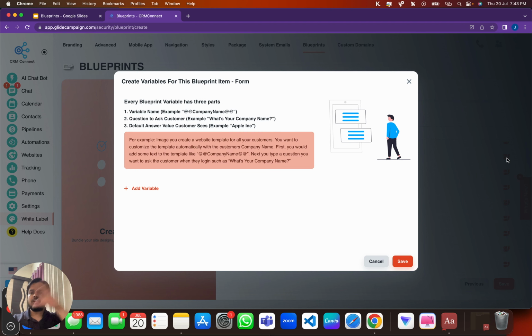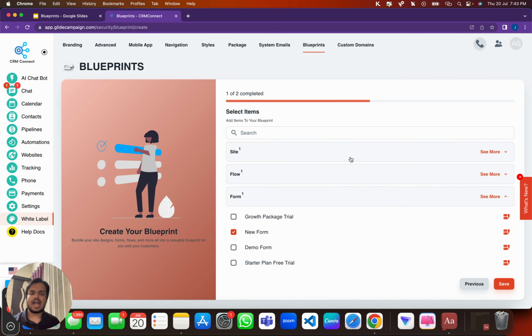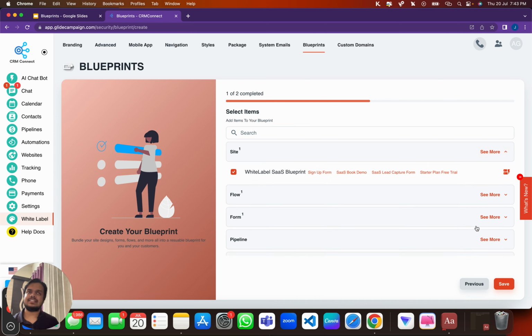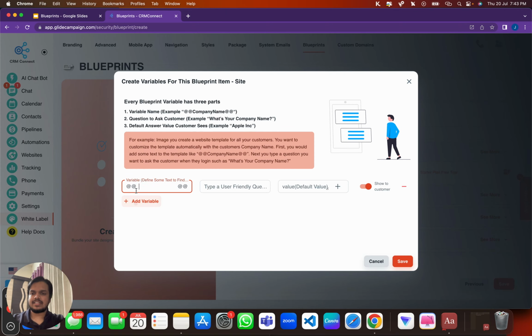So let's say while you're passing all this data, you also want to have a variable in place, because let's say you have created a landing page, right? But in the landing page, you have the name of the company as XYZ company, right? But for the customer, it should be whatever their company is. Let's say their company is Meta Manufacturing, right? So if I'm supposed to put their company's name, which is Meta Manufacturing, what do I need to do, right? I need to just create a variable that I'm going to name Meta Manufacturing,